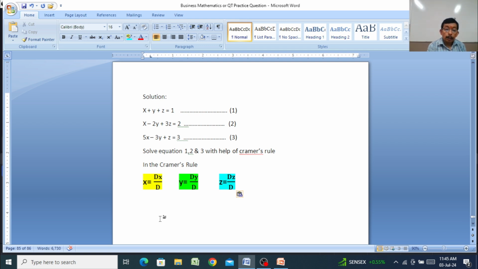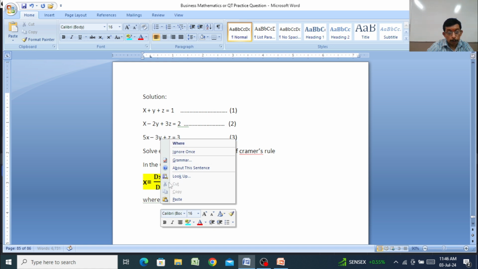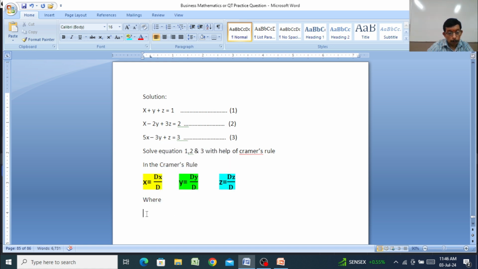This is the Cramer rule, where d is equal to the coefficient matrix of the given equation, and dx is equal to